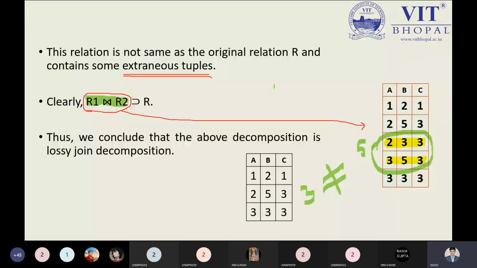So while choosing the appropriate attributes, if we find that we are losing some information, then we will not choose them, and that part we will see inside the normal form. Normal form is saying to us, you must use the lossless decomposition only. After normalization or during the normalization, if we find that we are losing some information, then what would be the sense of using the particular concept? This is the point. So the basic idea about the lossless and lossy decomposition is clear to all right now. The fundamental part is clear.